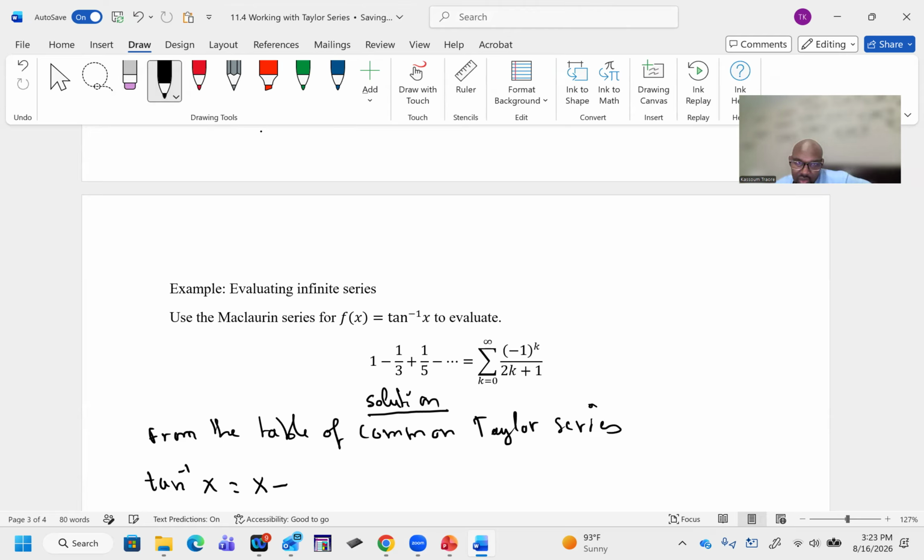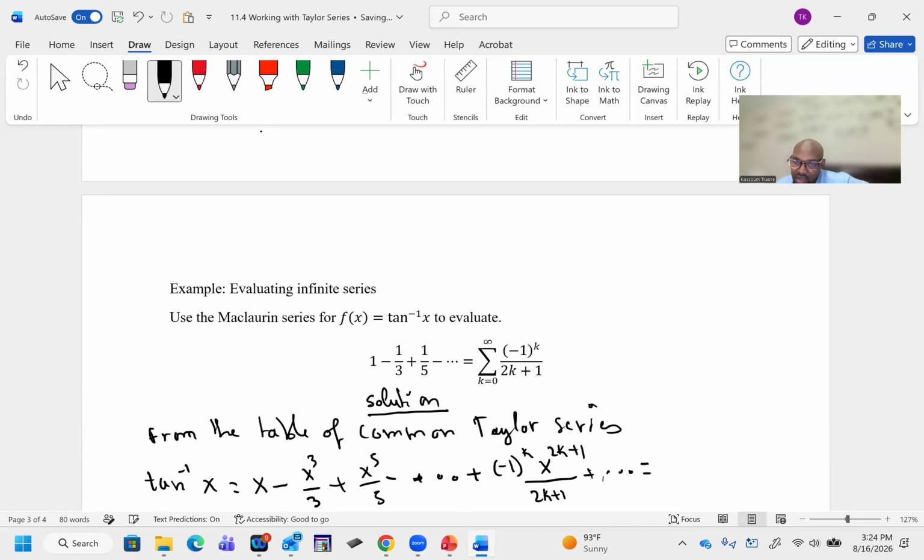Minus x cubed divided by 3, plus x to the power of 5 divided by 5 minus and so on, plus negative 1 to the power of k times x to the power of 2k plus 1 divided by 2k plus 1, plus or minus, right? Because the sign changes all the time,